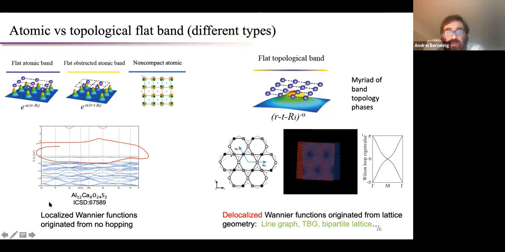And then you look, for example, at the distance of the lattice. If the distance is too large, then again, you've got an atomic limit. Then you look at this gap. This gap is 1 electron volt. There's no way you can get such a large gap in a topological system, because they're usually spin orbit coupling gaps, and the largest ones are 300, 400 electron volts. And there's only a couple of materials, like bismuth selenide, with those type of gaps.